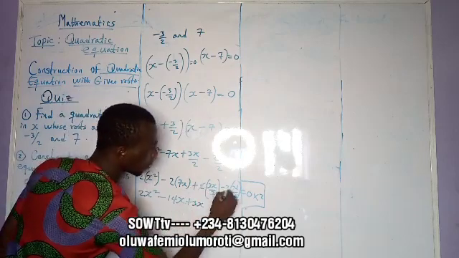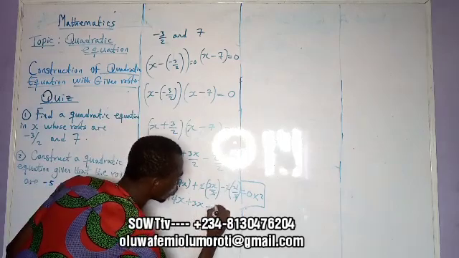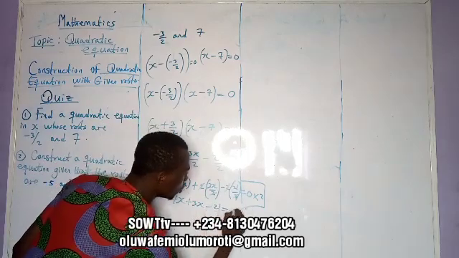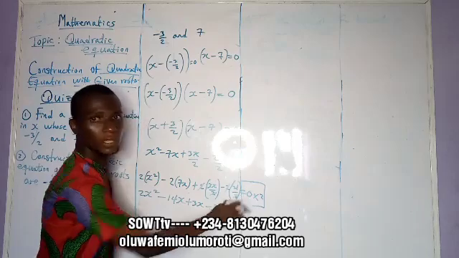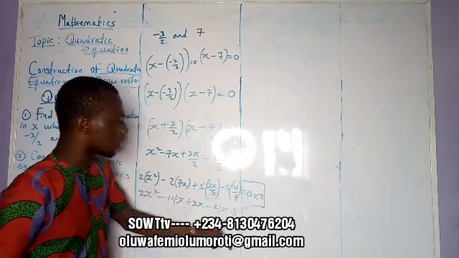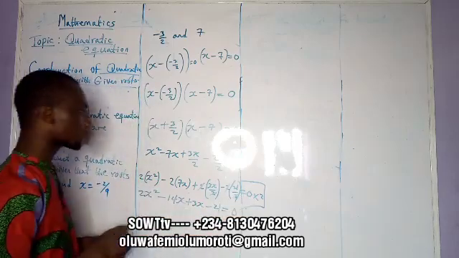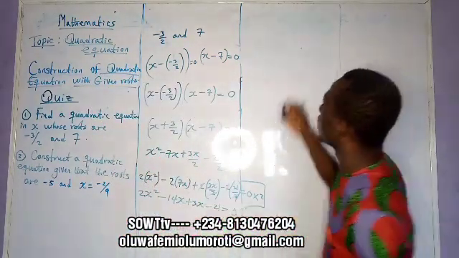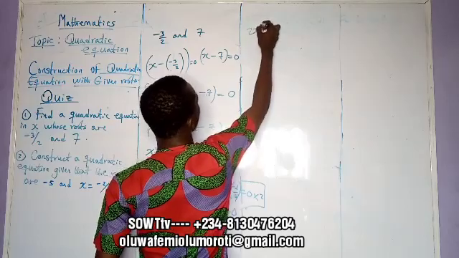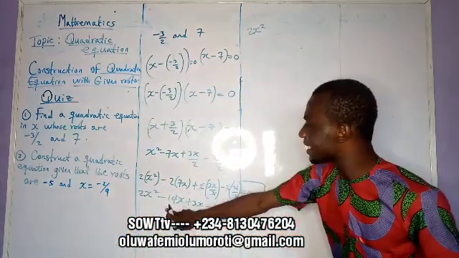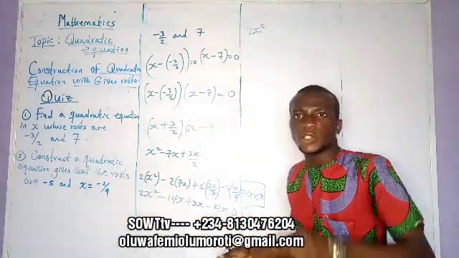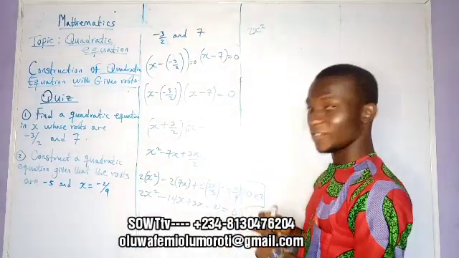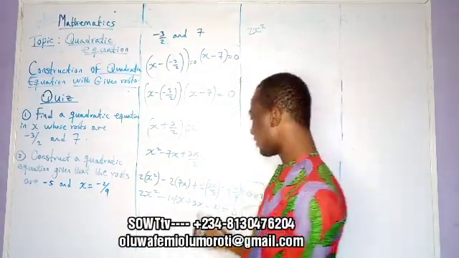Then these 2 also we cancel, we have minus 21 equal to 0, because 0 times 2 is 0. So therefore, by the time we do addition, we are left with 2x squared minus 14x plus 3x. What does that give us? What's the answer? The answer is